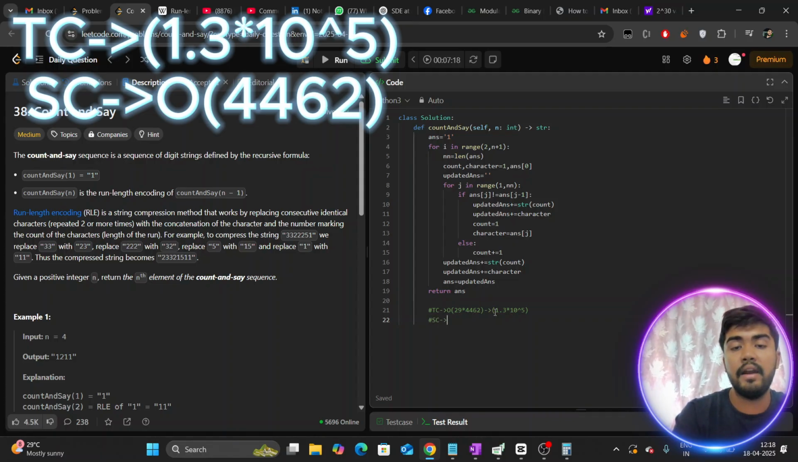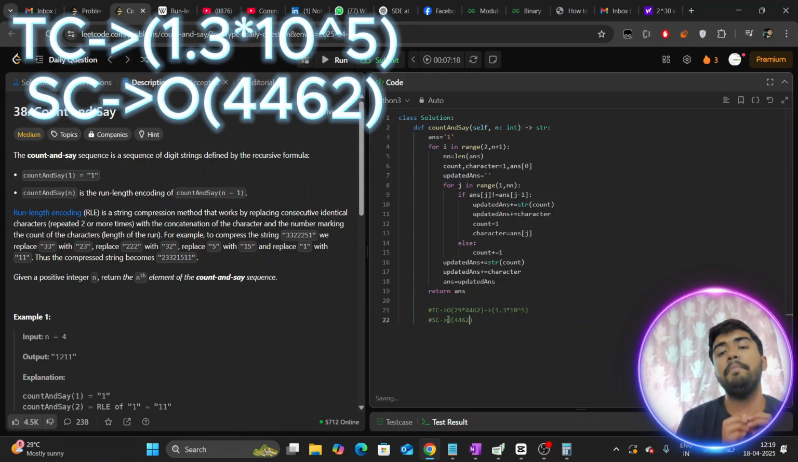And on the space part, we are very good. We are using a count of characters, and yes, we are using the updated answer, which can grow as big as 4462. So we are using a space of 4462 also. So that, I personally feel, is the most optimal solution in time and space complexity, and there is only